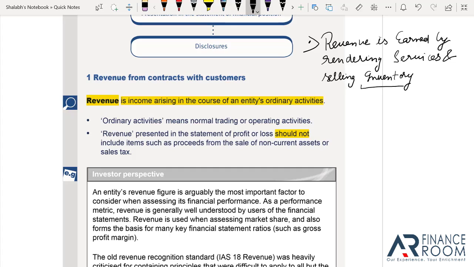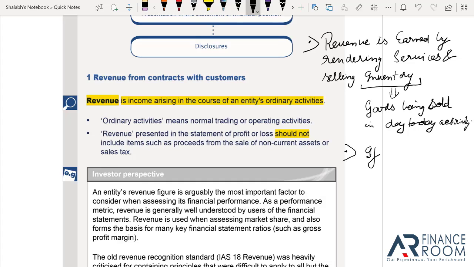The word is inventory. What is inventory? You can write it like this: goods being sold in ordinary circumstances. Ordinary, or rather, if you haven't written yet, let me modify it: day-to-day activity. This is what inventory is.